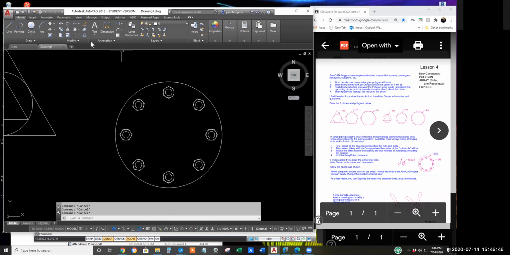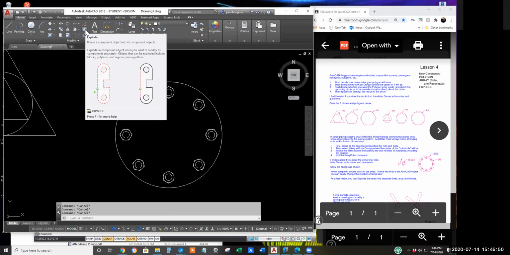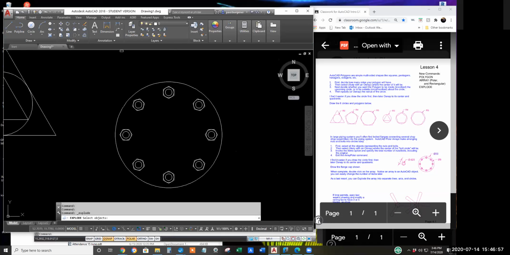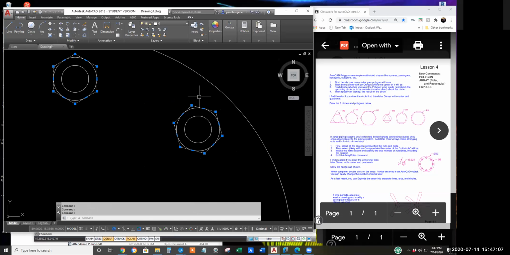Let me demonstrate that. The explode command is this glass box bursting on the modify panel of the home tab. Click anywhere on the array and hit enter. Now each and every circle and hexagon is a separate, unique object.